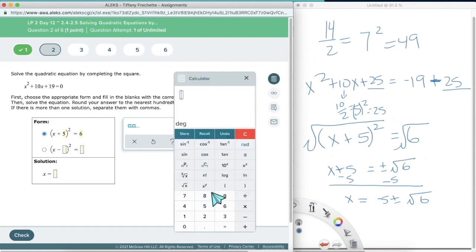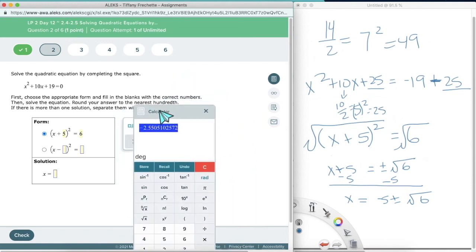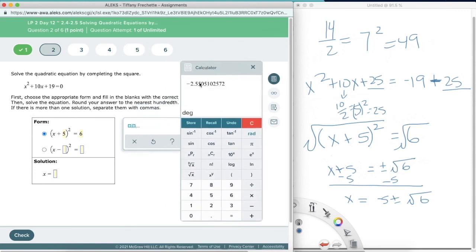So I have negative 5 plus the square root of 6 equals, here's my first decimal, and they want us to round to the nearest hundredth. So there's my hundredth right there. Or here, I'll highlight these past it. So I want to make sure that's a 0. So that just means they're going to round down. So it's going to be negative 2.55,